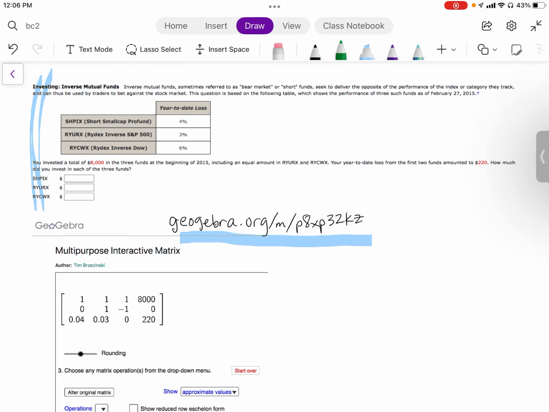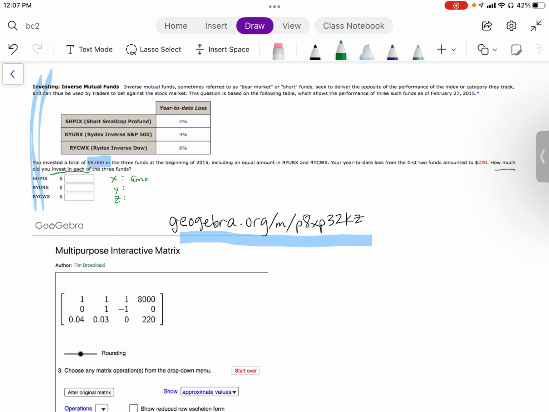So we have these three different funds, right? And they invest a total of 8,000. To get started in any word problem, defining your variables is key. And the question typically has a hint of that, like how much, right? How much did you invest in each of these three funds? So if you just say X is the amount invested in that one, Y and Z, for instance,